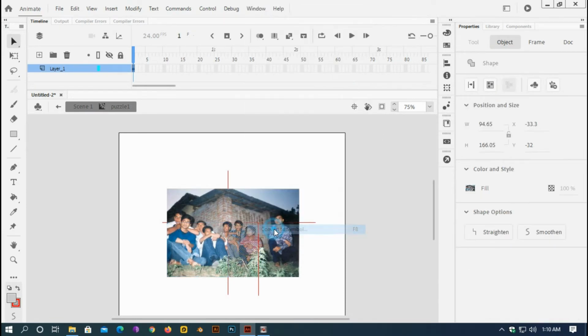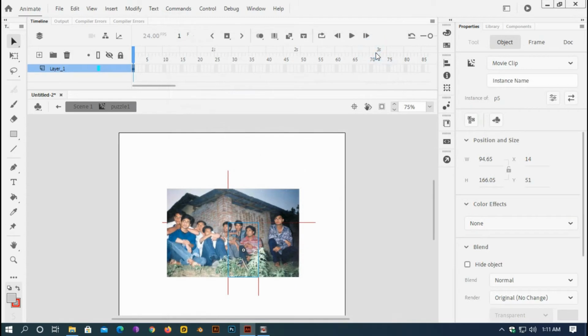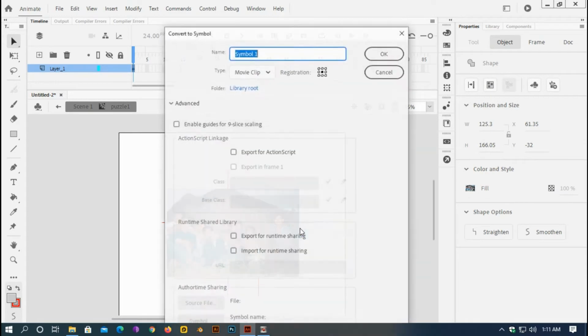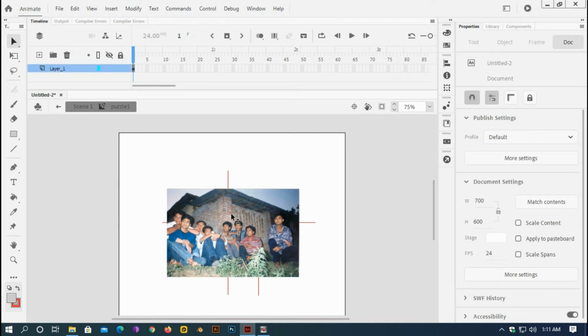This one P-5, and instance name P-5. This one P-6, and instance name P-6. And you see my lines have gone behind the picture